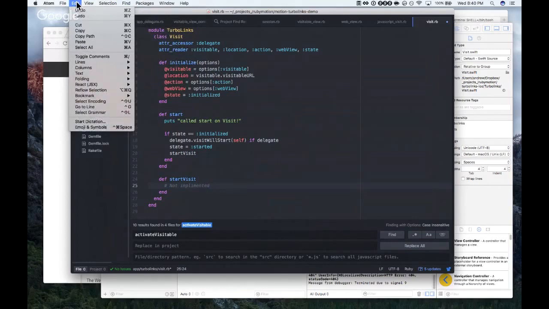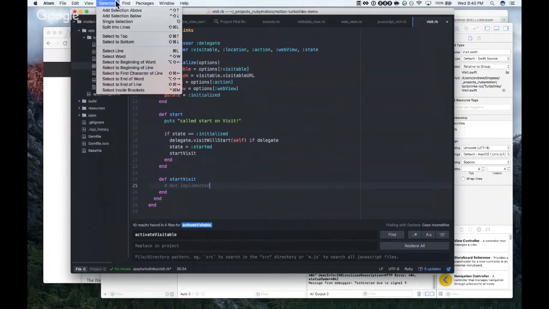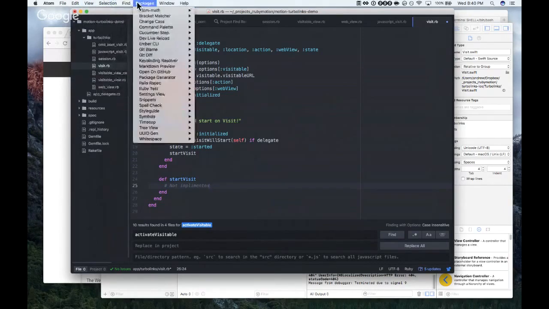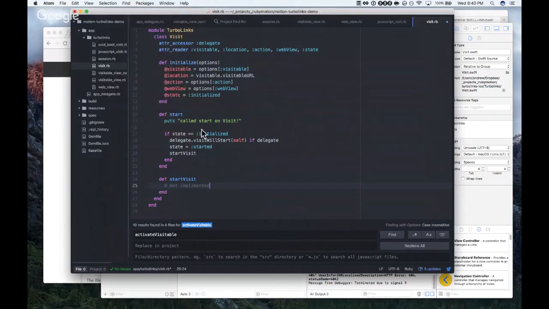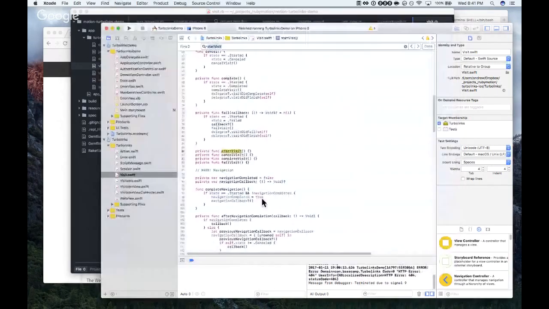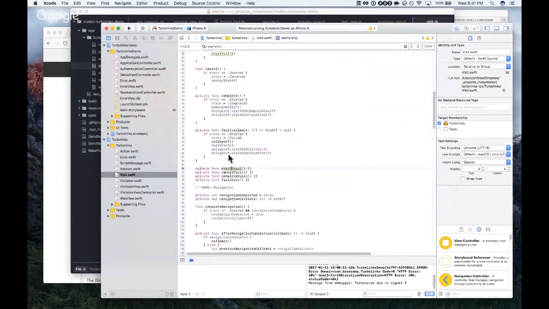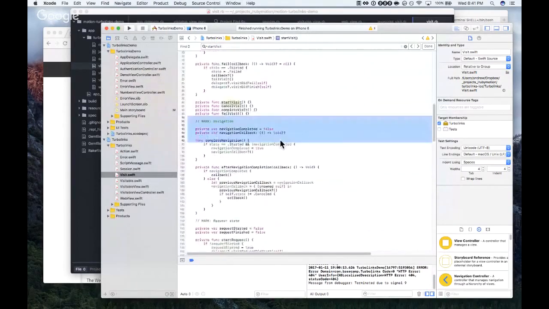I thought it was function F6, but maybe I'm thinking of Sublime. Atom is one editor I don't use. Well, implemented. Because in the base class, it's just not implemented.